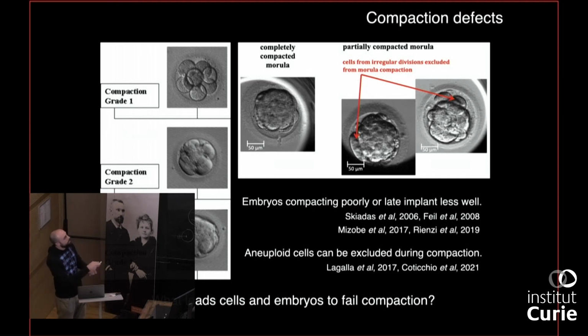And there's this idea now that basically the job of compaction is to push out to the extra-embryonic tissues any cells which would be unfit, having too many chromosomes, too few chromosomes, and so on and so forth. It would be a filter which would just get rid of cells which you don't want in your body, but you can afford to have in the extra-embryonic tissues. But we don't know how those cells are excluded. What is the mechanism that drives the exclusion of those cells?